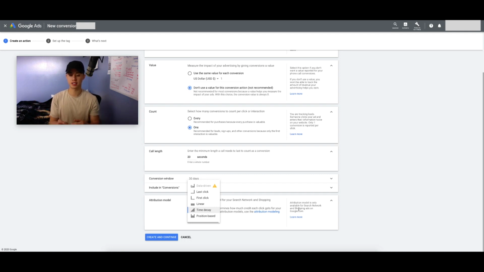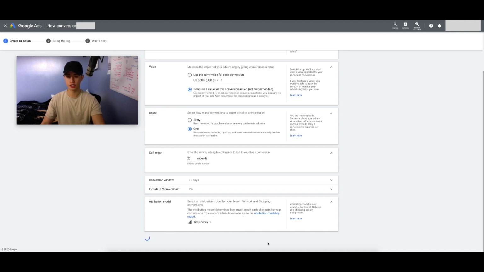So if we click on time decay, it's going to tell us, all right, our ad showed up twice to this person, but he didn't call in until the second or even third or fourth time, and Google is going to credit all four of those ads instead of just the very last ad or keyword that was shown. So I would go with time decay, and then you would just hit